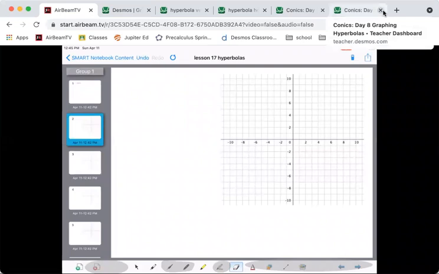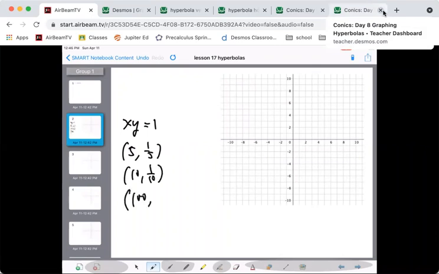And the reason that works is if I rewrite this as xy equals 1, the bigger x gets, the smaller y needs to get, so that the product always stays equal to 1. 1, 1 is actually a point. And then it gets closer and closer to the x-axis,